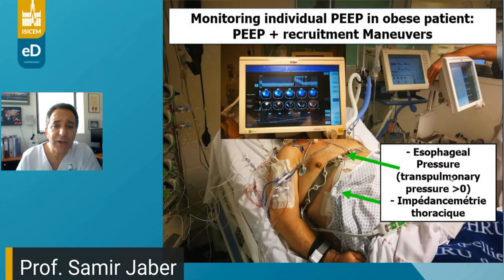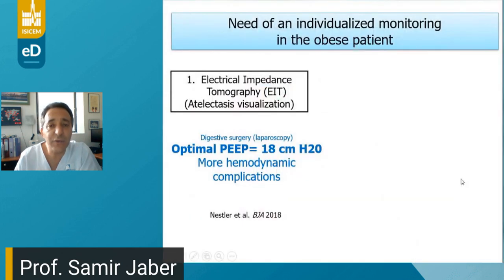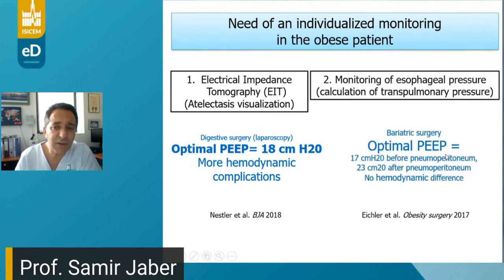One way is to try to have esophageal pressure and monitor the transpulmonary pressure to have a positive transpulmonary pressure with the Daniel Talmor technique. Another is to use electrical impedance tomography, which is a non-invasive monitoring of lung aeration. Using this strategy in some situations, such as surgery using laparoscopy, it was reported in several situations by EIT that